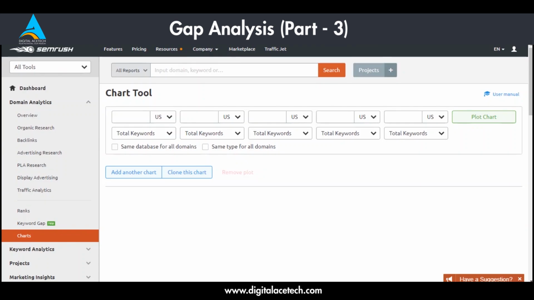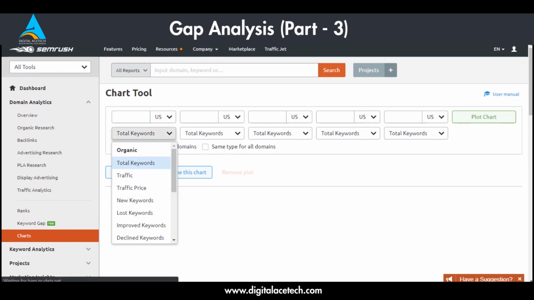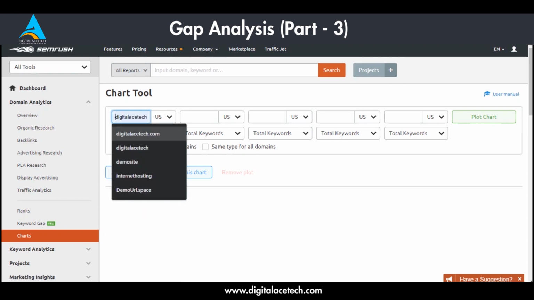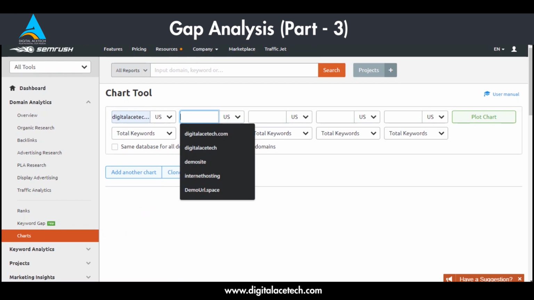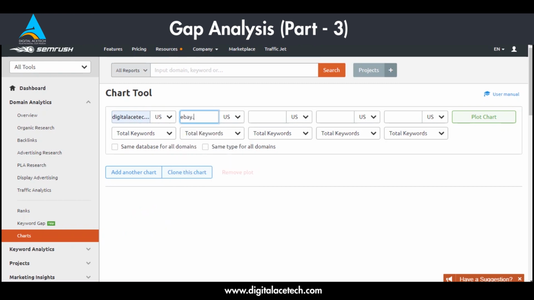Okay, so this seems a bit interesting. We can add domains here. We're going to enter domains in these blanks, and we can also see which kind of keywords we want to view for that. Okay, so let's take a look. We're going to use our own site, and then we're going to use ebay.com. Then we're going to take Craigslist,